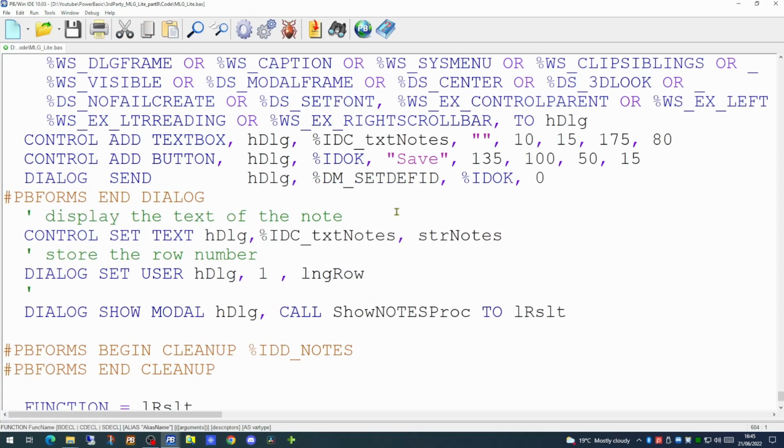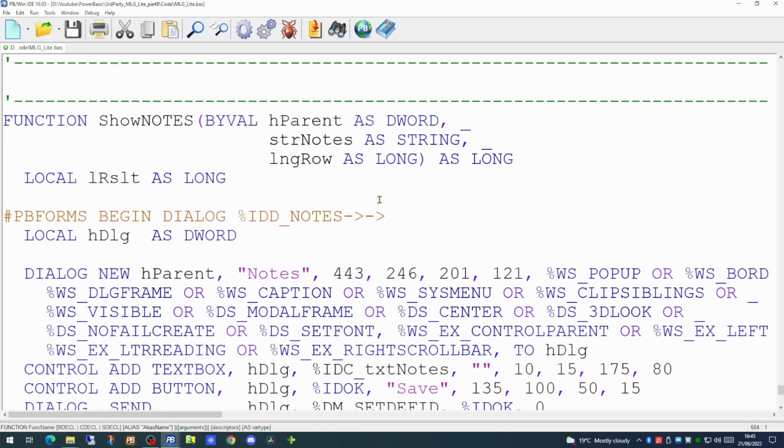One additional thing we've done in the little save dialog is how we've stored the row number. As you'll see, we passed in our three parameters: the handle of the payment dialog, the text to appear in the text box, and the row number.